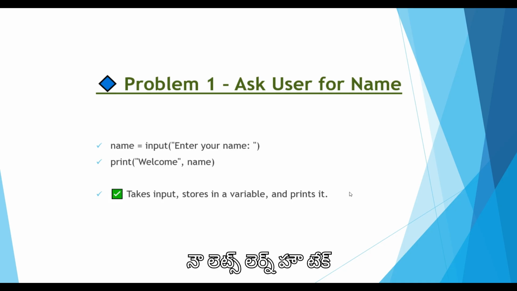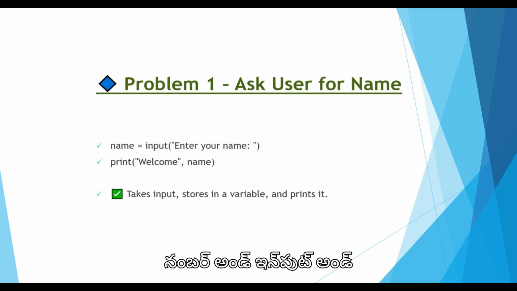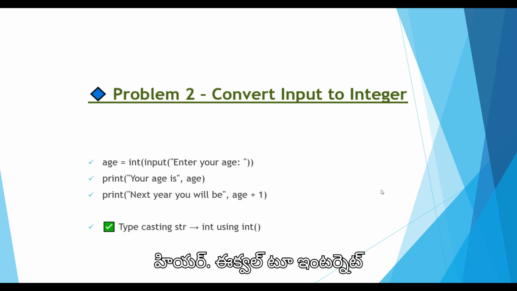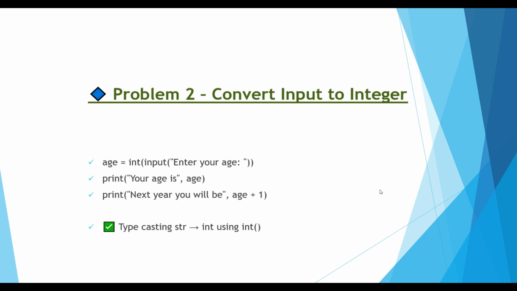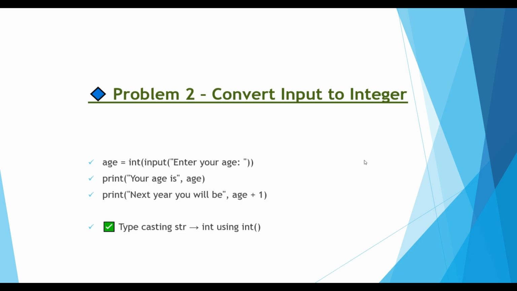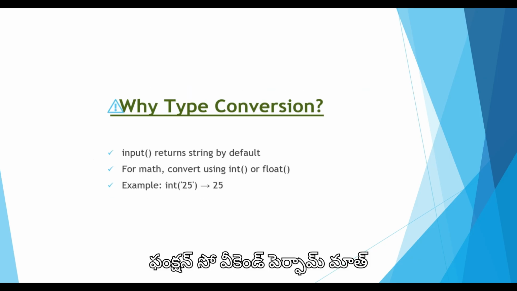Now let's learn how to take a number as input and use it in calculations. Here, age = int(input("Enter your age")). print("Your age is", age) and print("Next year you will be", age + 1). This is the code. Here we convert the input to an integer using the int function so we can perform math